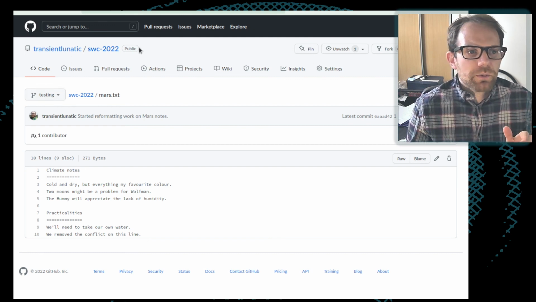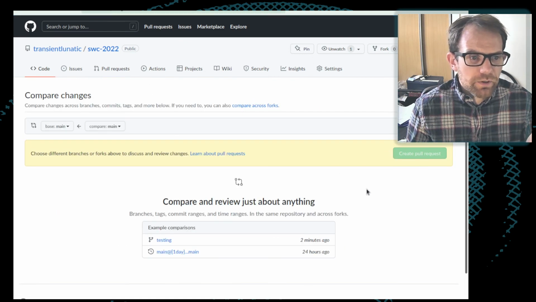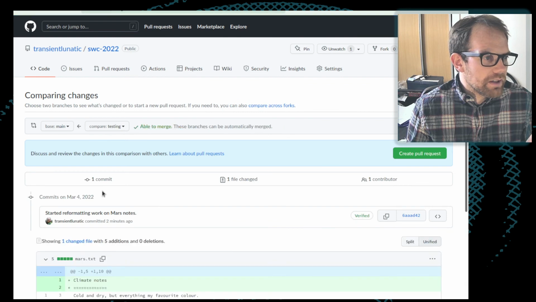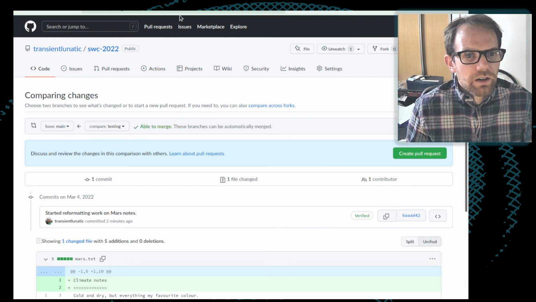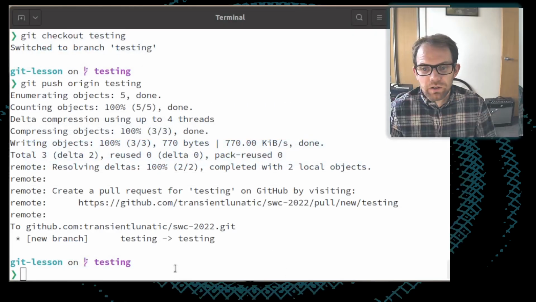Now, we do not have time for me to talk through this right now, but one option is that I can make a pull request on GitHub, and I can say that I want to pull testing into main, for example. So we can do this through GitHub, or we can do this locally on our own machine.